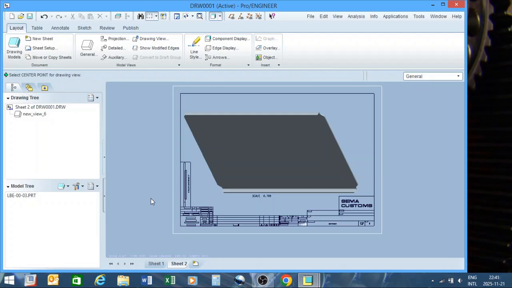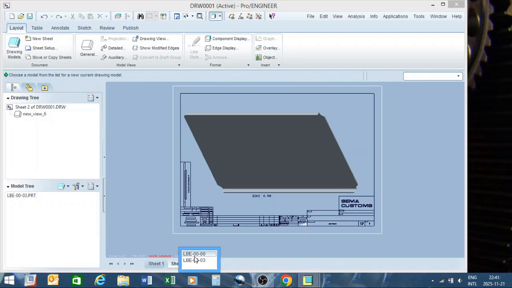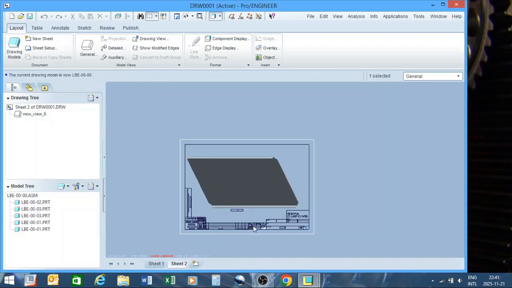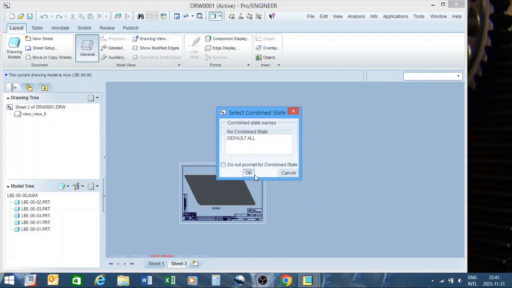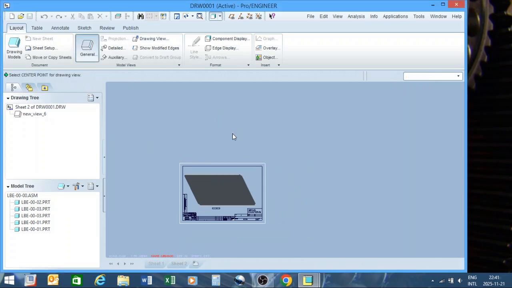Now if you want to select between the two parts that you've got, because you've now added a part to your actual drawing system or layout, all you have to do is at the bottom here, left click, right click, edit value. Then you can switch between your parts here. So if I now click on that part and I say general, as we've discussed, and I say okay, and I click there,